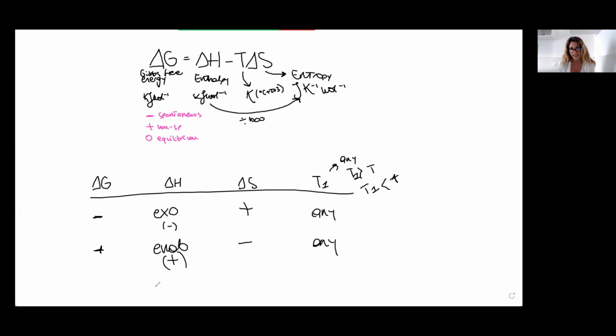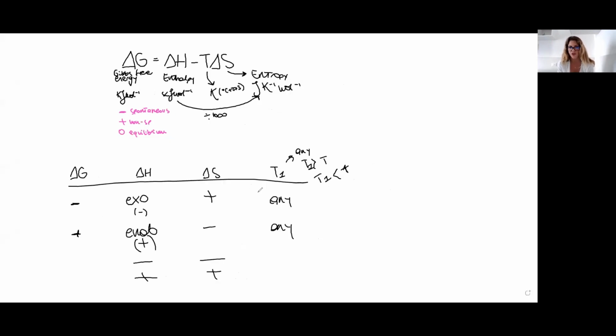So the only combination that is missing is actually two combinations, both negative and both positive. At which temperatures, or better, how do we discuss the temperature? When we have these combinations, the temperature doesn't have an effect because, if we have delta H positive and delta S positive, we know that the minus T delta S, I'm going to write here on the side,